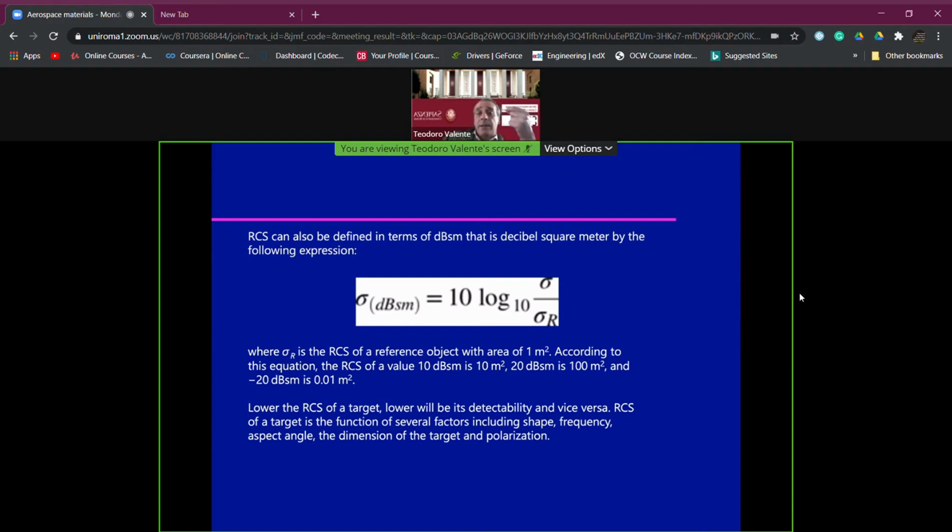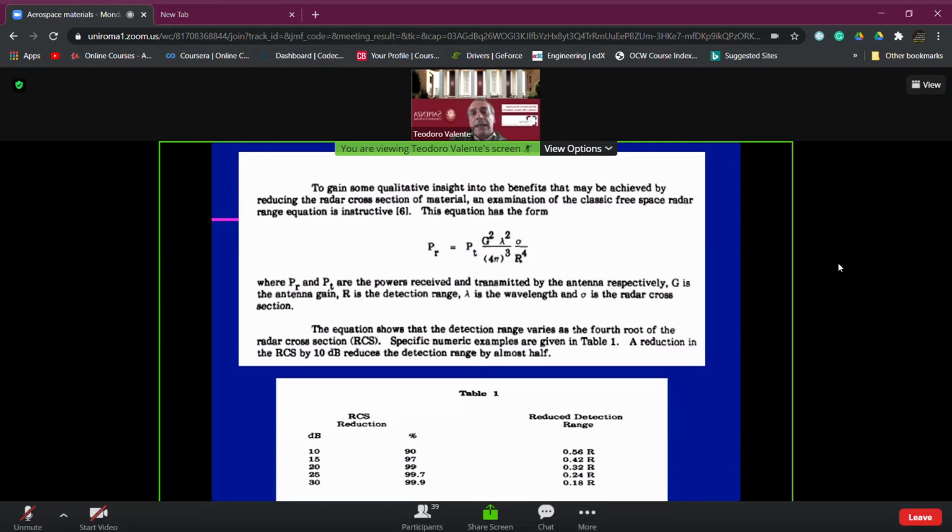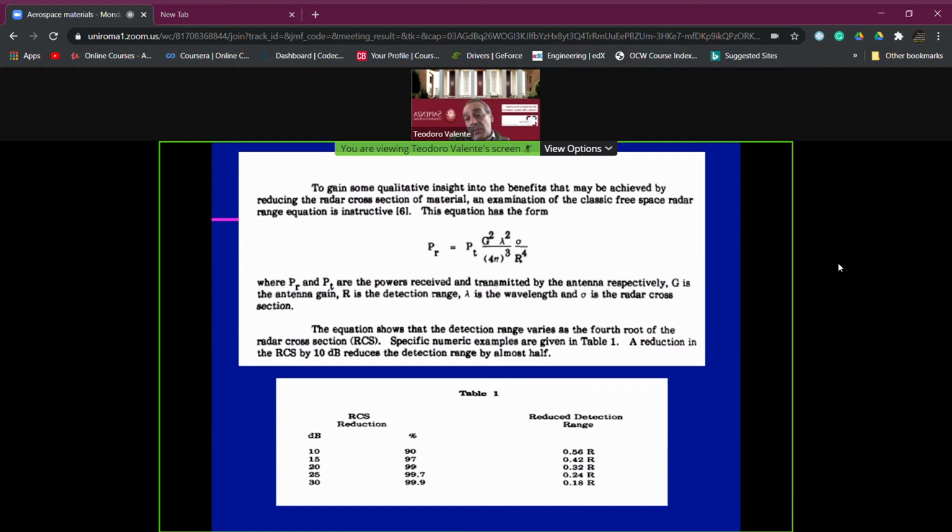RCS of a target is a function of many factors. Shape is important, but so are frequency, aspect angle, and the dimension of the target, as well as the polarization phenomena which can occur at the surface of the flying object itself. And in order to be a little bit more clear about the importance of this parameter